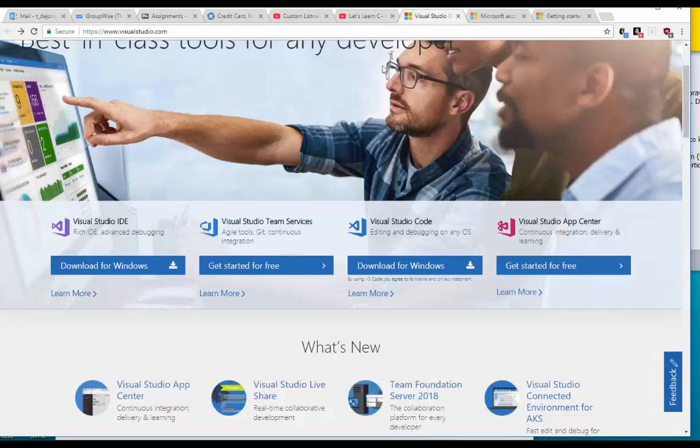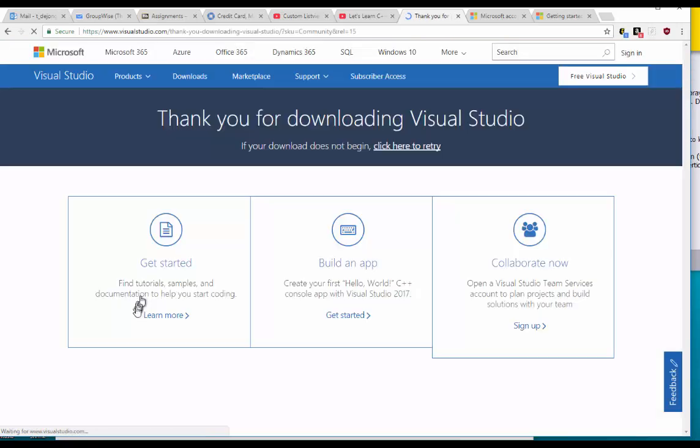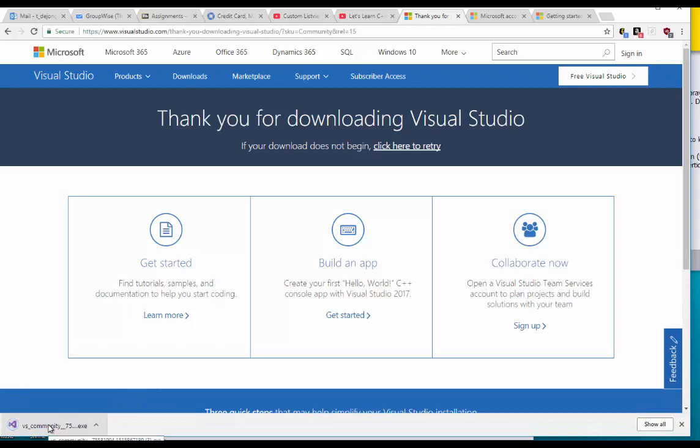To do that, I'd like you to go to this window right here, visualstudio.com. And we're going to download Windows. I believe if you're on a Mac, it's going to automatically forward you to Mac. We're going to be doing the Community 2007. And if you wait for just a moment, we're going to get a little icon down here. If you click on that,